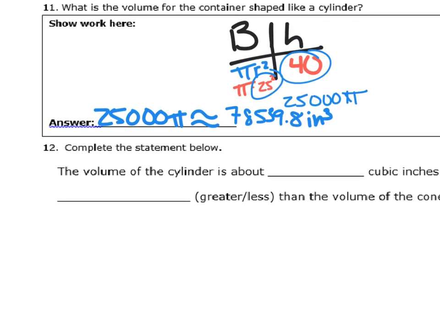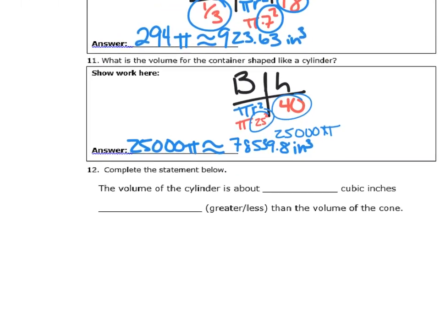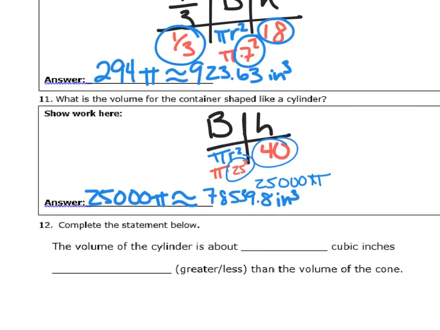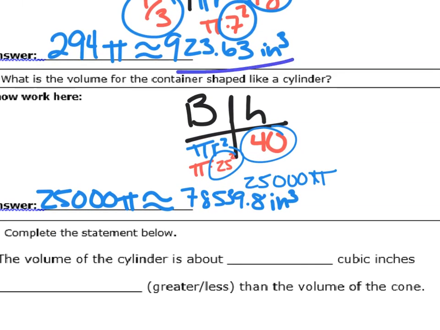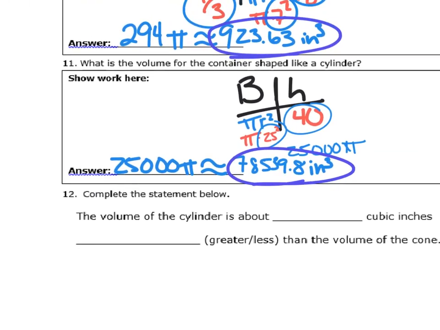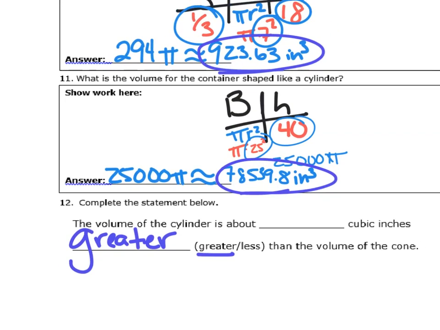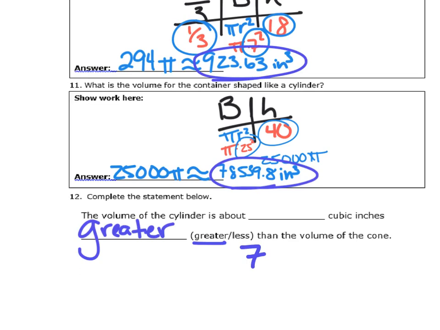So the volume of the cylinder is about blank cubic inches, greater or less than the volume of the cone. So I'm going to look at my volume of the cone, 923.63, the volume of the cylinder, 78,539.8. So the cylinder is definitely greater. And in order for me to figure out how much greater, we're going to go ahead and subtract them. 78,539.8 minus the smaller one, the cone,